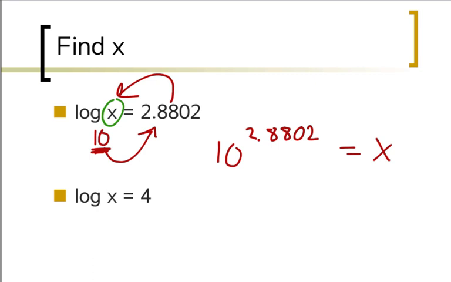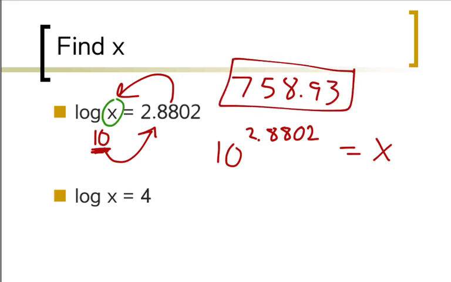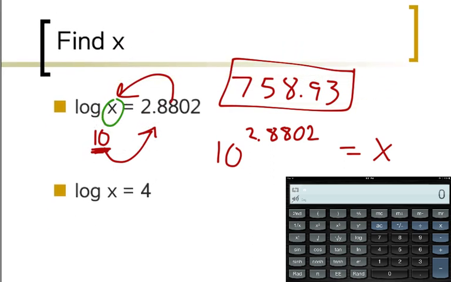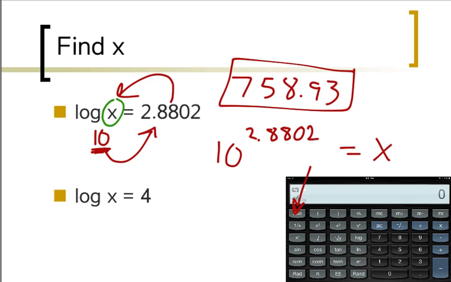So we've actually solved it, but then we should go ahead and put it in our calculator and work it out. If you raise 10 to that power, you should get 758.93 if you round. Okay, well there's actually a button on our calculator. The second button right here, this log button will actually turn into a 10 to the x power. That isn't the way it works on the iPad calculator, but on most scientific calculators there's a 10 to the x right above the log, so when you push second it's really doing 10 to the x, so that means you only have to put in the